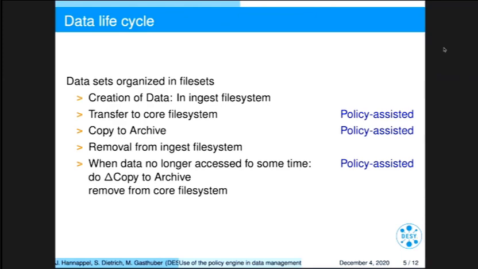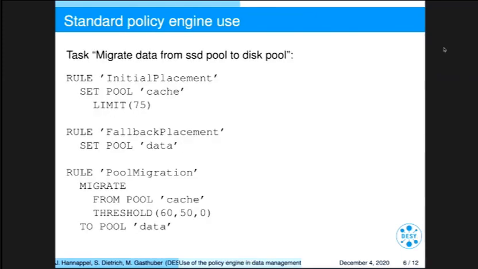On the next slide, we see one policy rule set, which is used in the example of migrating data from the SSD pool to the disk pool. This is basically the standard example from the GPFS documentation. So we have an initial placement rule, which tells the system to put the new data into the SSD pool, which is called cache. If that's full, we put it to the spinning disk pool, which is called data, and